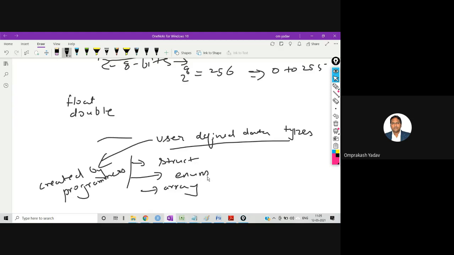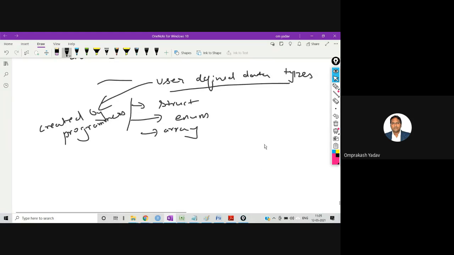Depending on how many elements are there, the size can be calculated, whether it's a struct type, enum type, or array type. So remember, apart from the basic primitive data types, there are also user defined data types which are created by the programmer only.